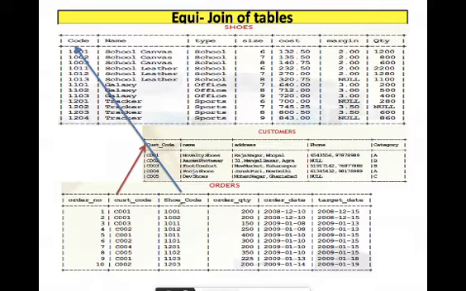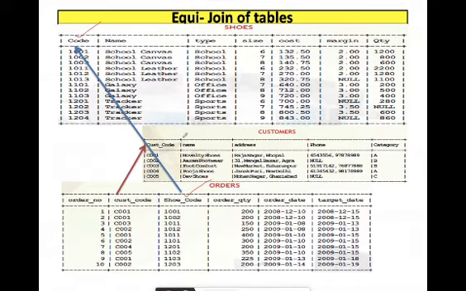So relating the two tables would be easy by keeping this common column between the tables. And as far as shoe table is concerned, if we are keeping this common column, code and shoe code, if you observe this carefully, then you will see that in the shoes table and order table the common column has a different name, but in customer table and order table, if we are joining them, then the common column has the same name. So it covers both the examples.